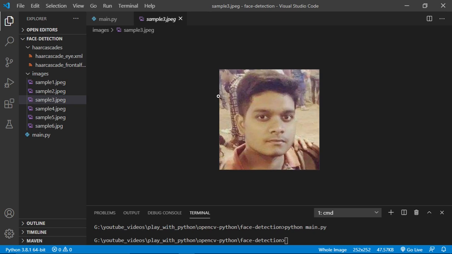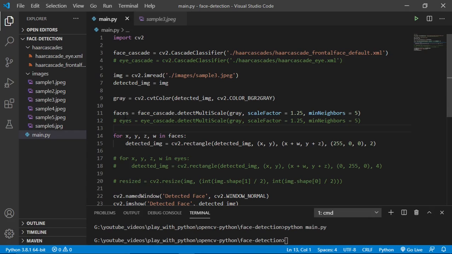This is the row value and this is the column value, right? So the first 2 values are for the row number and column number. Next is the width, as I have already talked about in my previous video. And last is the height. Okay, so that's all about this faces object.